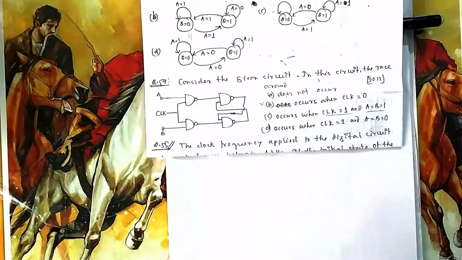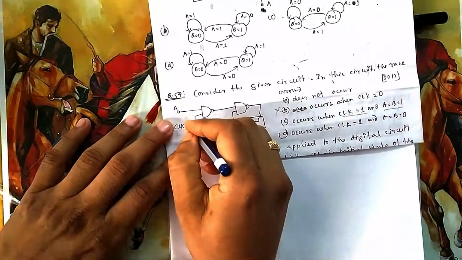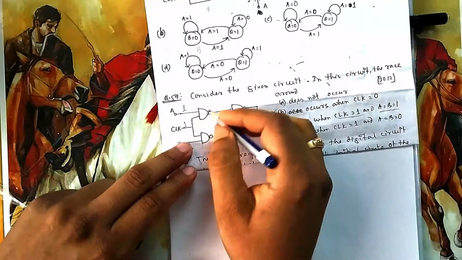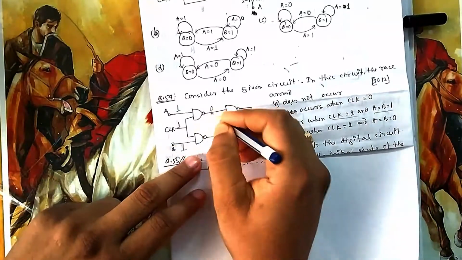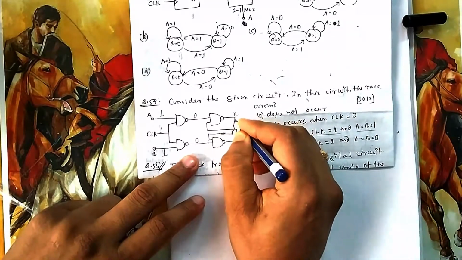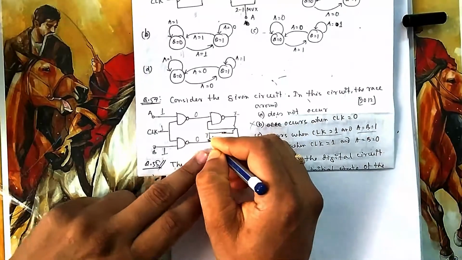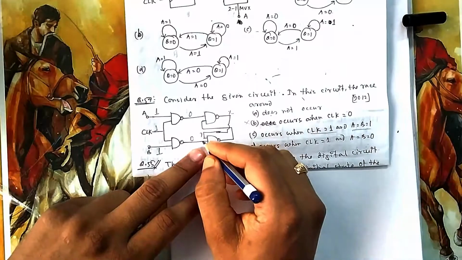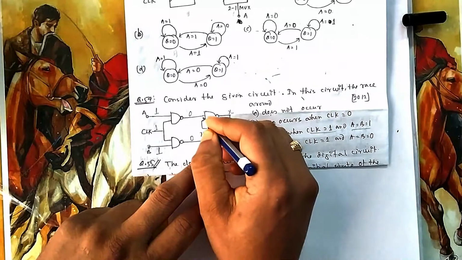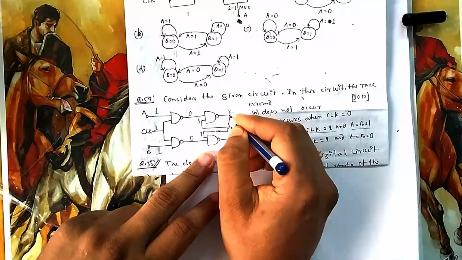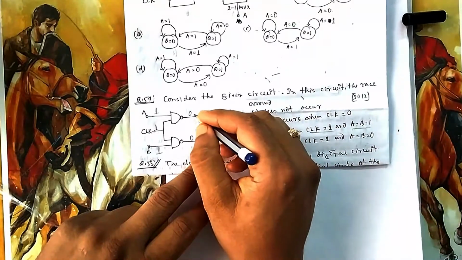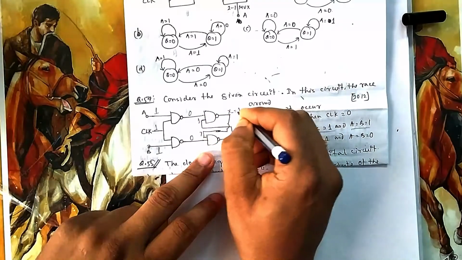So if clock is 1 and A, B both are 1, and this is also 1, this is also 1, what will be the output? 1 into 1, then the bubble of that one will give 0, so it will be 0. If it is 0, suppose this is X, so X is coming here. X into 0 is 0, 0 bubble is 1, so 1 will go there, 1 into 0 is 0, 0 bubble is 1, so this will also be 1.